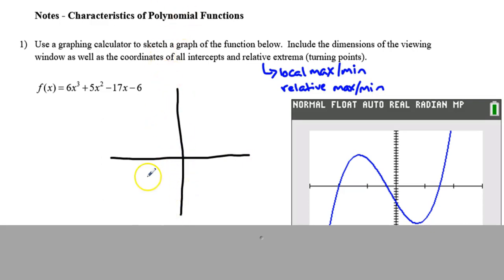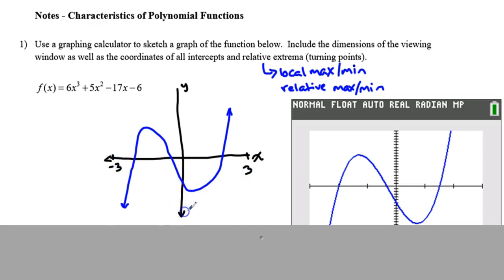And then sketch that function. Alright, now we want to label, and say that this was between 3 and negative 3, and 20 and negative 20 in the y's. Okay, so now I've got a sense of our window range, and now we just want to find some key